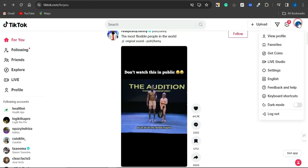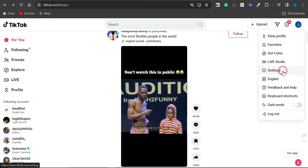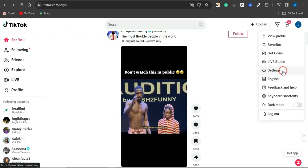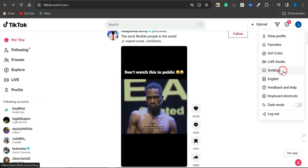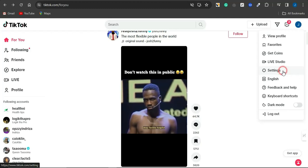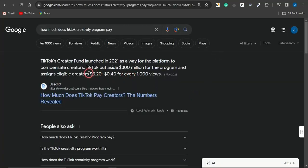You need to click on this particular section, go to the settings section, and you'll be able to see the TikTok creator fund. If you click on the TikTok creator fund, you can change that to the creativity fund. Once you change from the creator fund to the creativity fund, note that you're never going to be able to come back to the creator fund, because for the creator fund you get paid a lot less, which is about 20 cents to about 40 cents